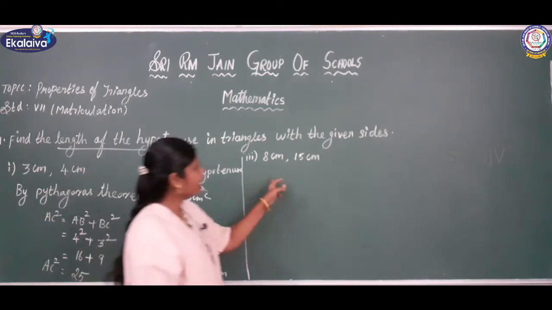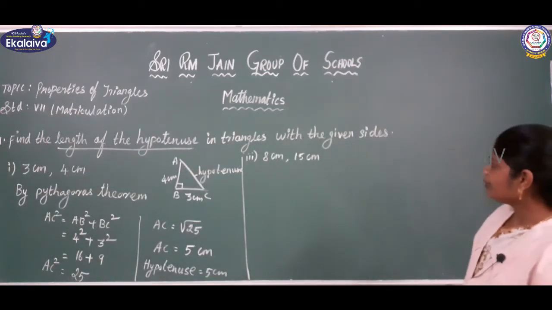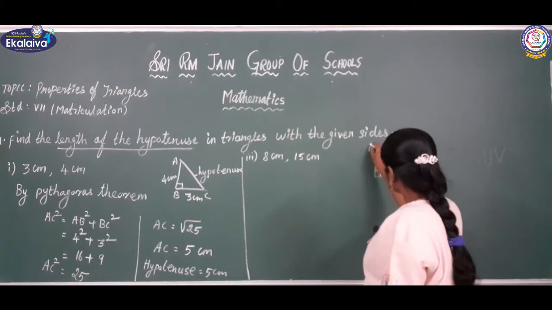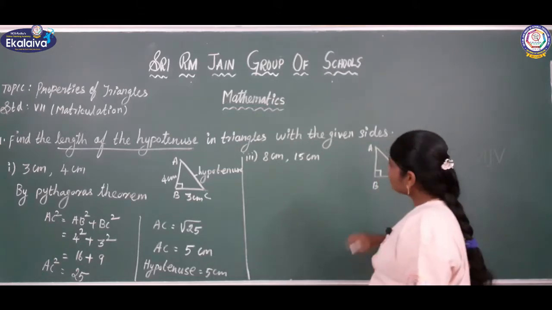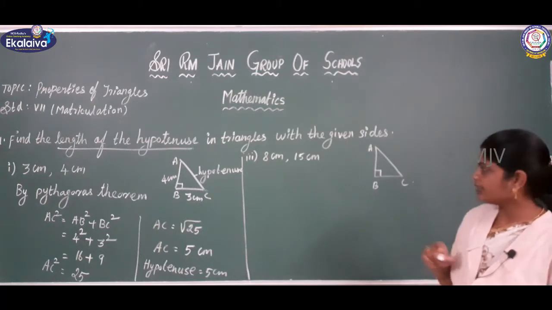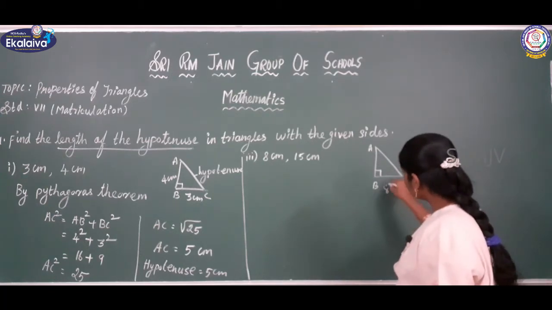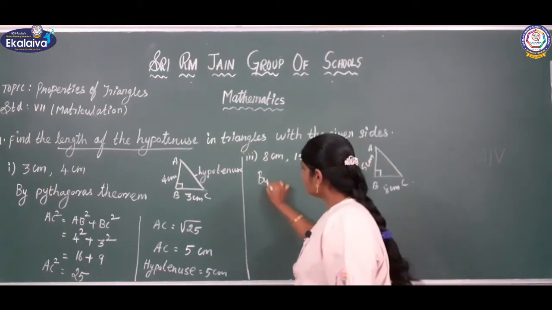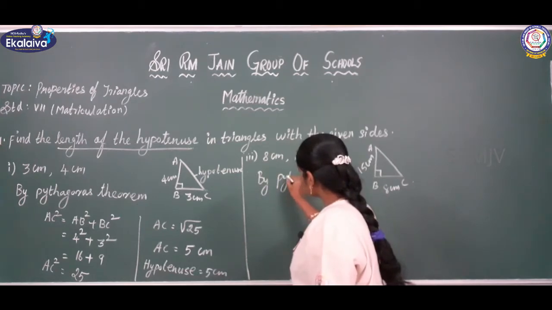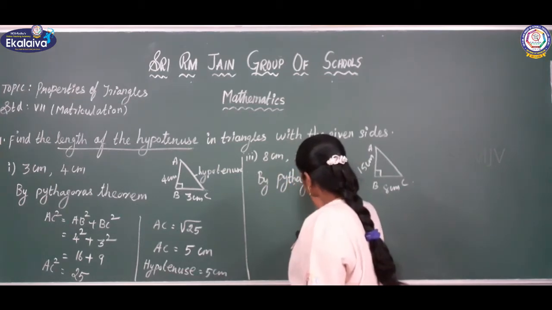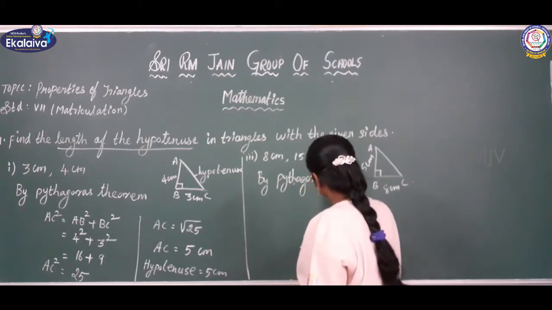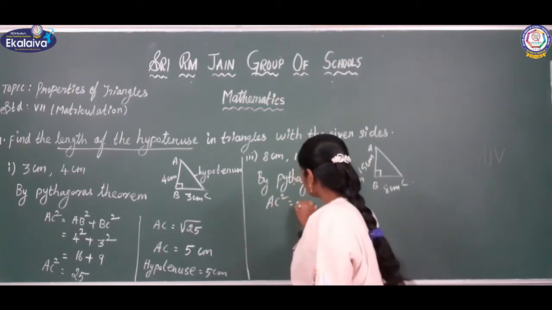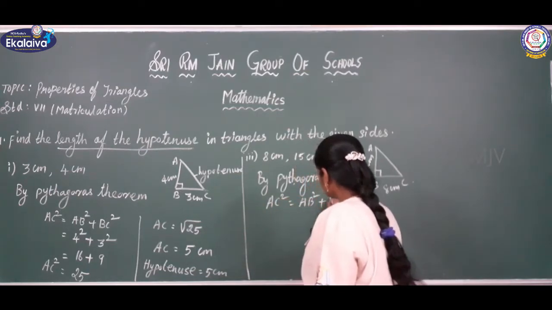See the next one. Here 8 centimeter and 15 centimeter is given. Take the right triangle A, B, C. Okay. So we are going to find the length of AC. Here one is 8 centimeter. Another side is 15 centimeter. Okay. Use the Pythagoras theorem here. By Pythagoras theorem,